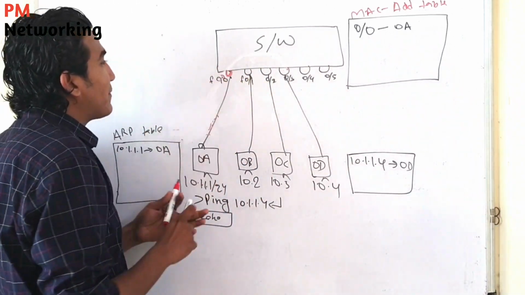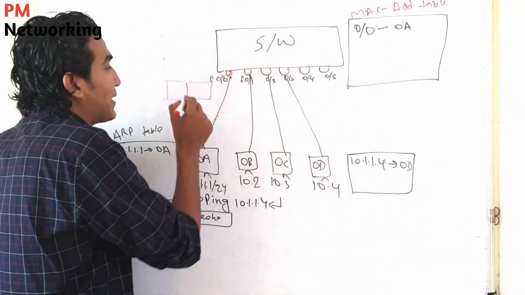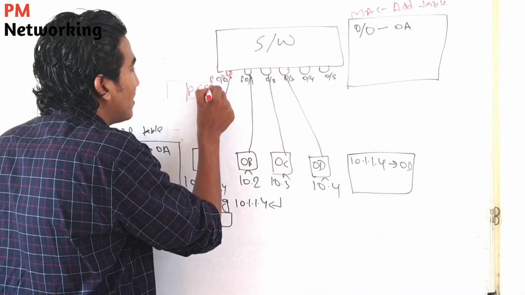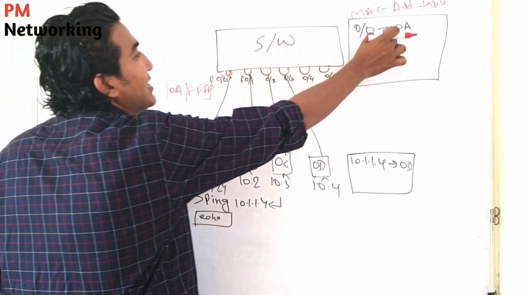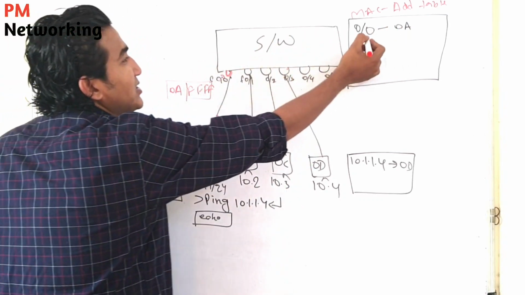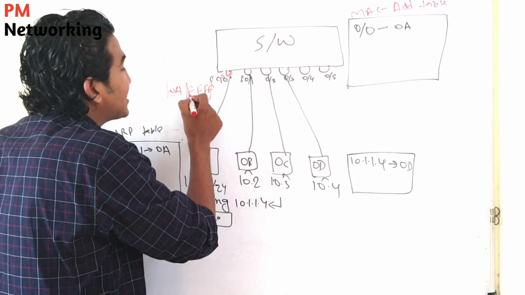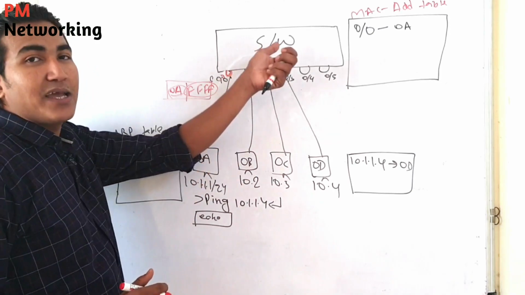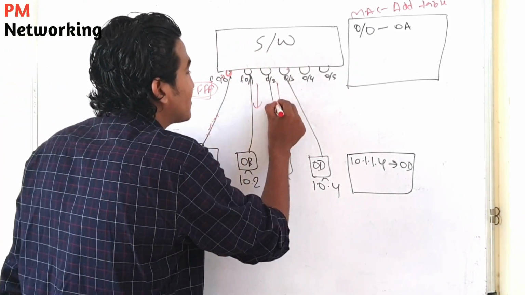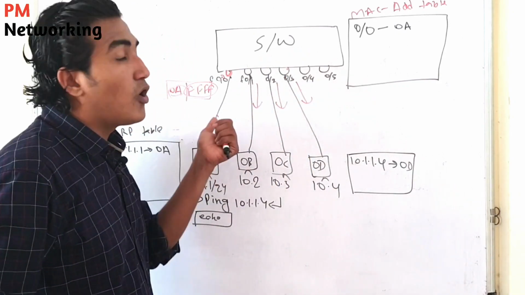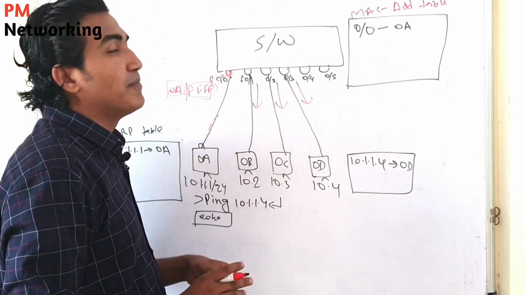just suppose we have the ARP packet here. So what was the destination MAC address? All Fs, and source MAC 0A. So this switch makes an entry in its table that on 0/0 a PC is connected whose MAC address is 0A. Then the switch will check the destination MAC address and come to know that this is a broadcast message. Then the switch will forward this message to all ports except the port where this traffic was received, right?